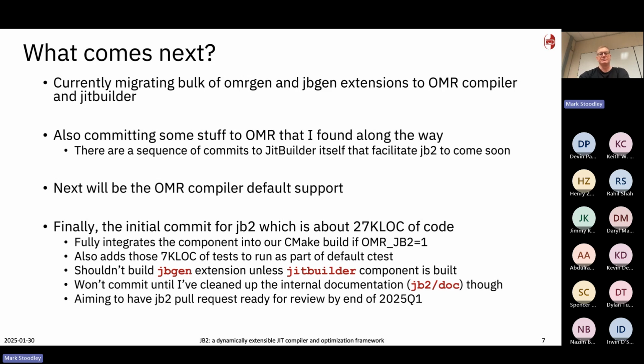If you just specify when you do your CMake build, if you add OMR_JB2 equals 1 or on, then it will automatically build JB2. It will automatically build the default set of components or extensions that it knows about, that it knows work. And it also includes a bunch of tests that test various things that are part of the JB2 infrastructure. I would be the first to admit this is not a comprehensive set of tests, but some of them are better than nothing,